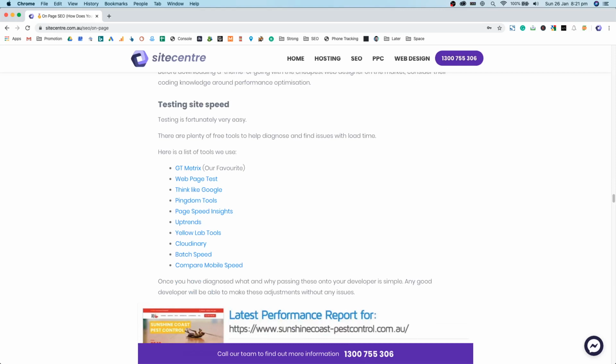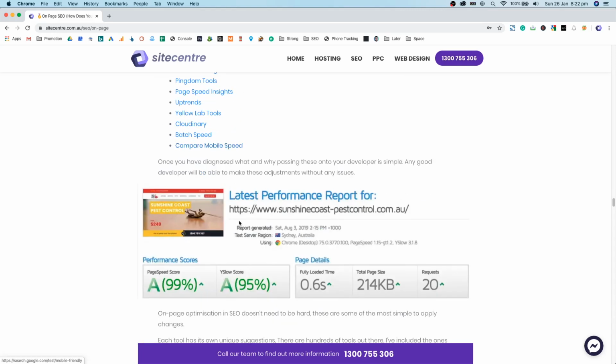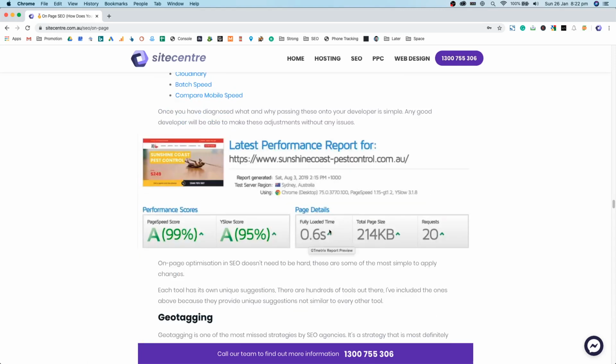There is also the option of testing. So making sure that you're testing your website as well is really important. So GTmetrix, WebPageTest, Think with Google, Pingdom Tools, PageSpeed Insights, which is Google's official, Uptrends. So all these tools are what we recommend and we use actively. We test with all of them and we suggest using multiple tools because one tool doesn't tell the entire story. Something to note is not always focusing on the fully loaded time, but the first contentful paint